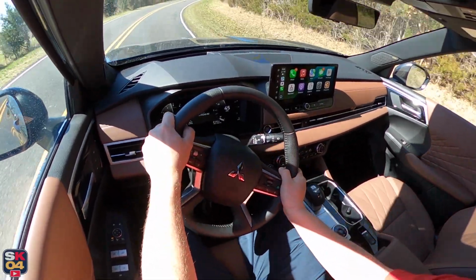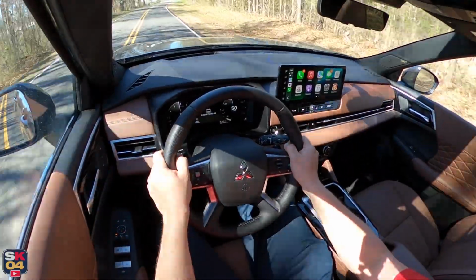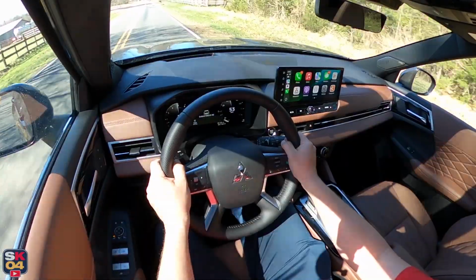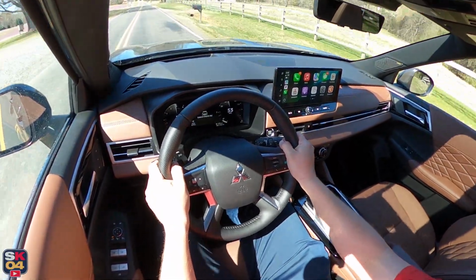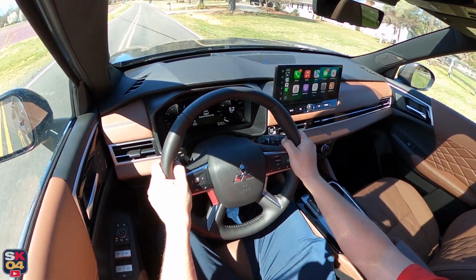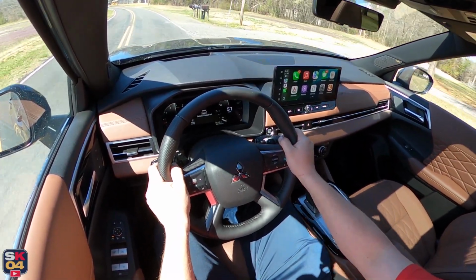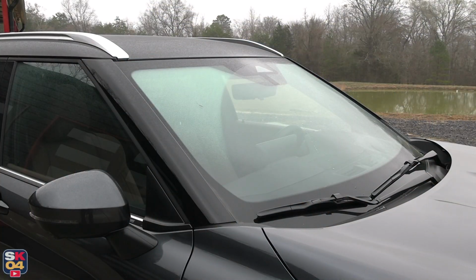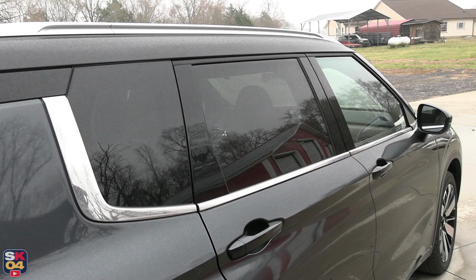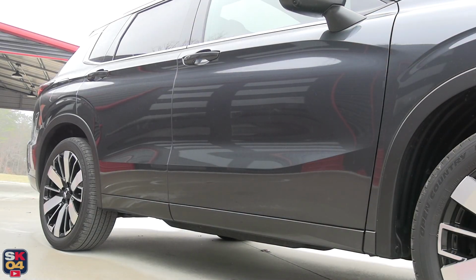This SEL is equipped with several optional extras, including the SEL Premium Package, a chrome hood badge, door ground illumination, all-wheel drive, and a welcome package. The total MSRP for what you see here, including destination and handling, is $44,490. With the SEL Premium Package, you get a new dynamic sound Yamaha Ultimate Audio System, semi-aniline quilted premium leather